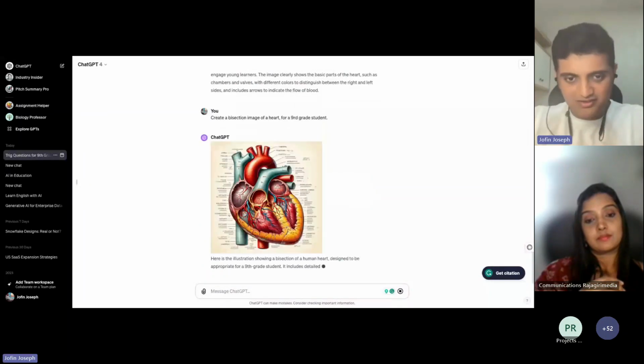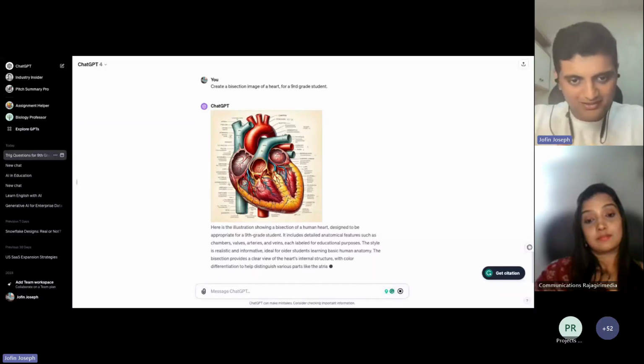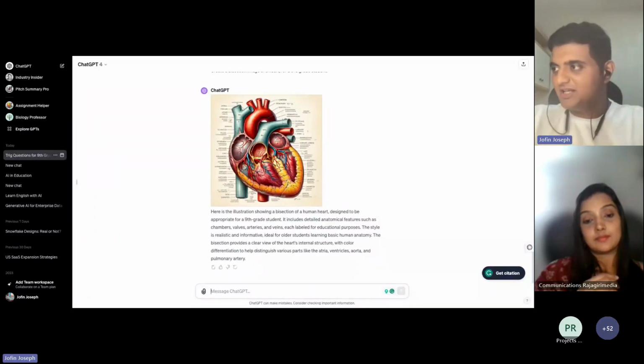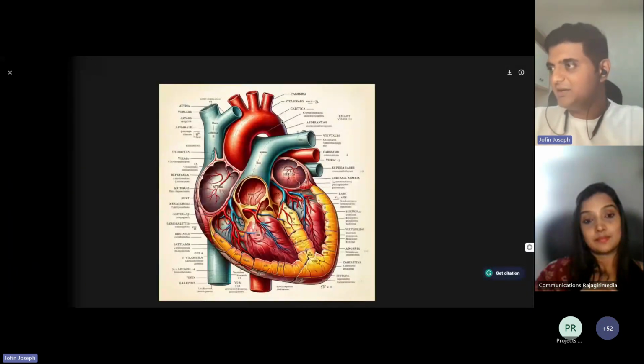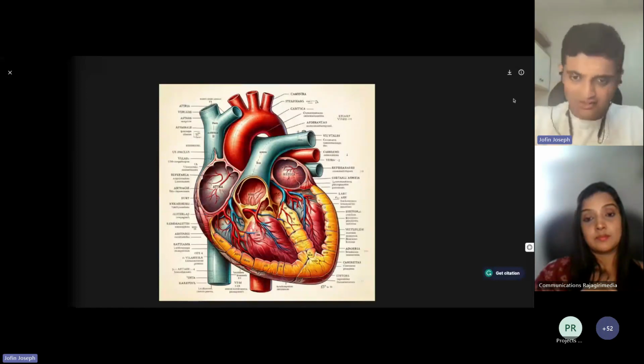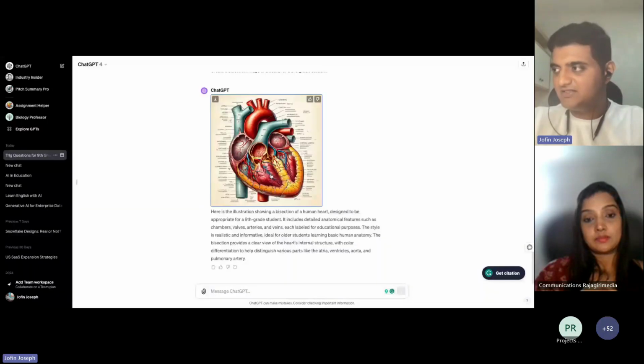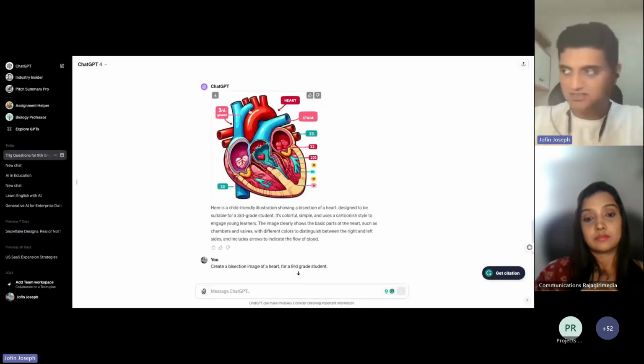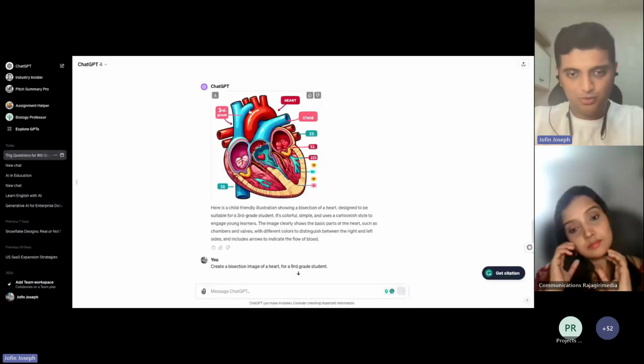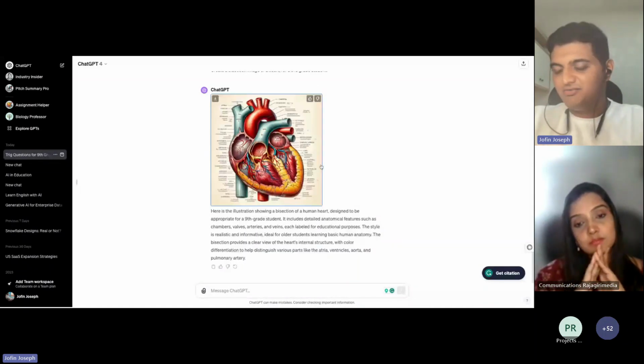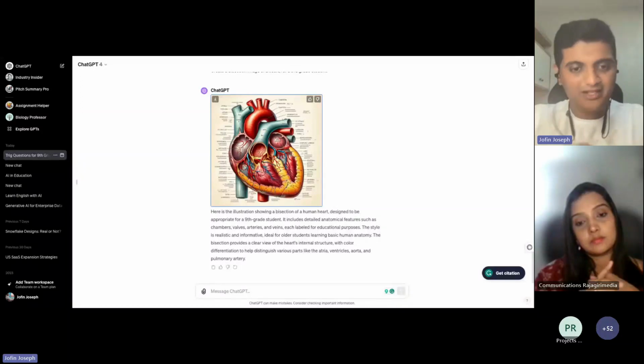For the ninth grade student, immediately it created a much more complex image with detailed explanations, etc. Now, I should also say, when it comes to image generation, AI as a technology is not there yet. So you see a lot of mistakes in it. It can happen, right? So don't trust it completely. Even here, there are a lot of things which don't make sense, especially in terms of the annotations. But the fundamental is you can create stuff that you need.